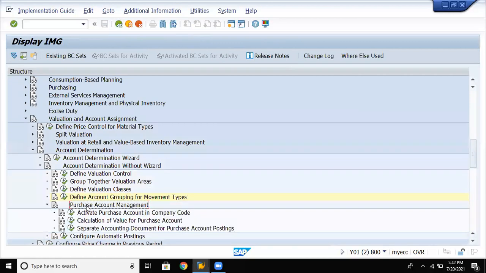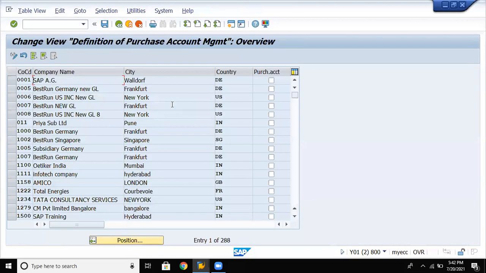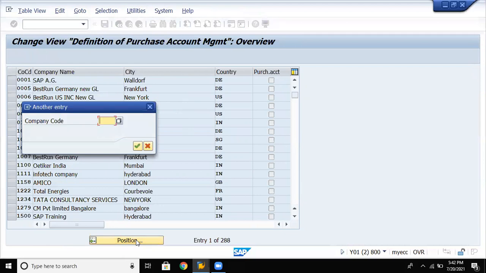Purchase account management. So here we have done account determination. Now let us update your purchase account in your company code. In order to maintain this, first you have to activate it. So activate purchase account. Click on position.